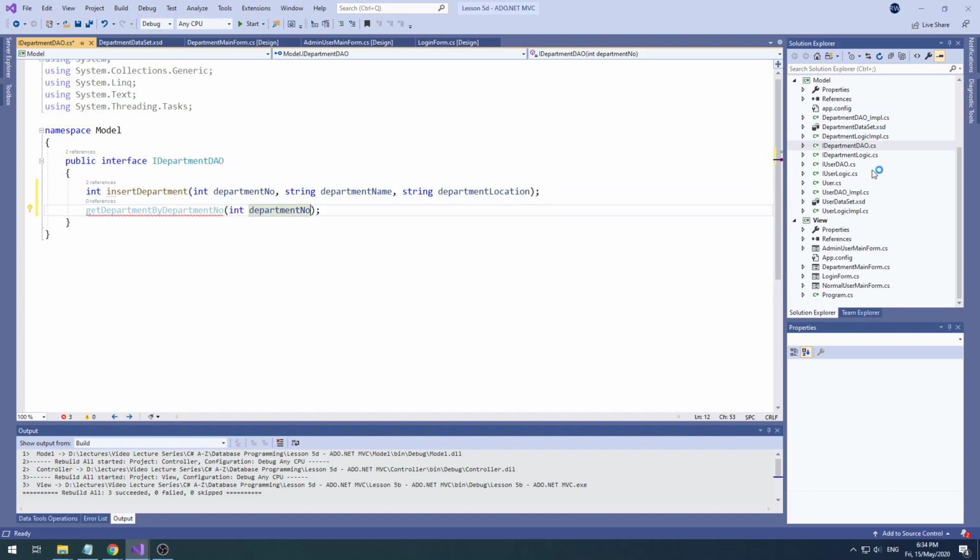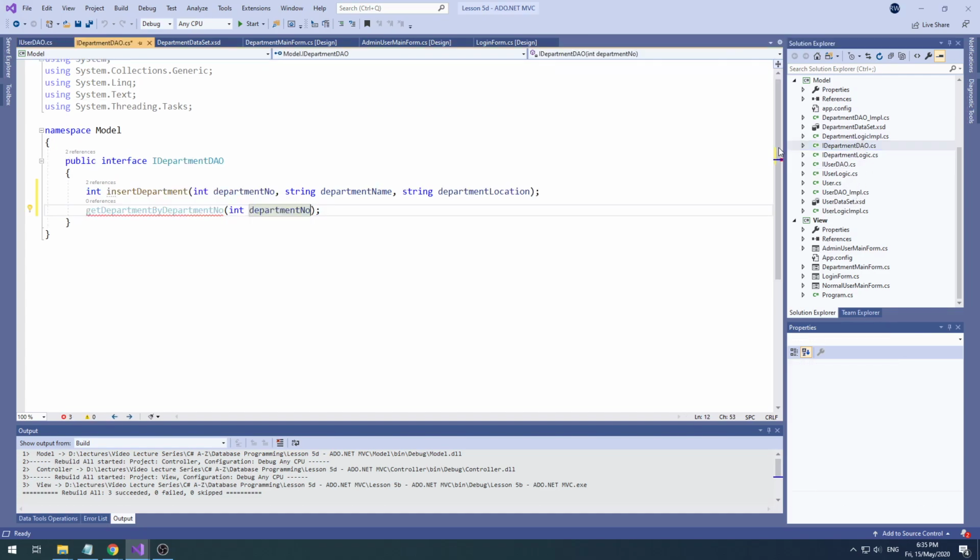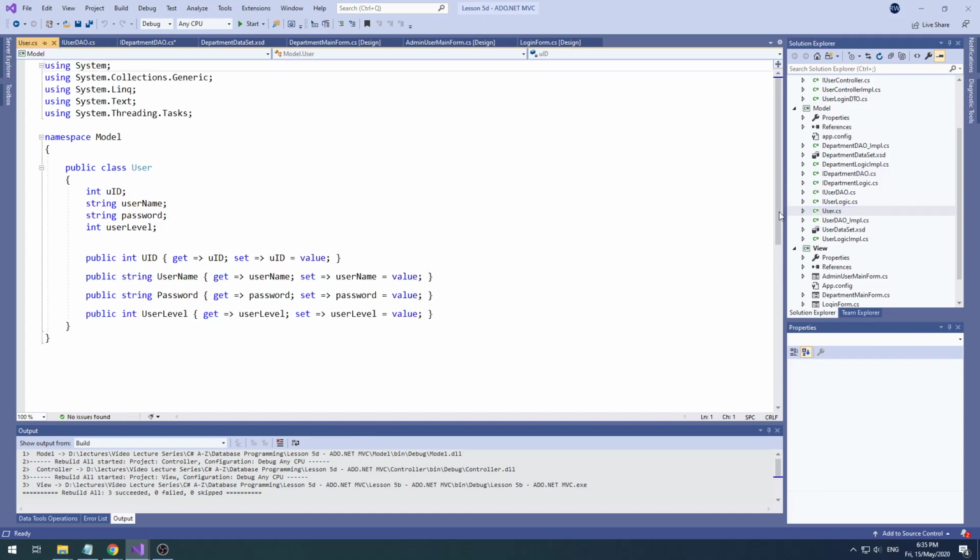Look at the user DAO, because if you look at the interface of the user DAO, see, when you search for the user, it returns the user. This is the domain class or the entity class. So do I have the domain class for department for me to return, right? Let's see, department DAO. I want it to return, but I have not yet created the domain class. So now it's the first time I'm going to create. So the user entity class is just the user class with whatever the attributes. Same, I'm going to create the department entity